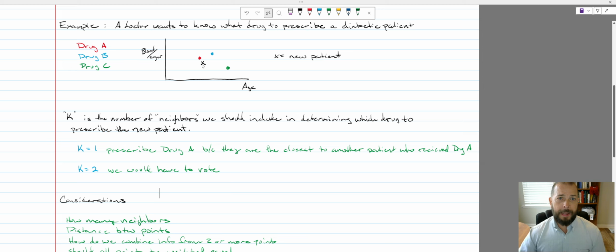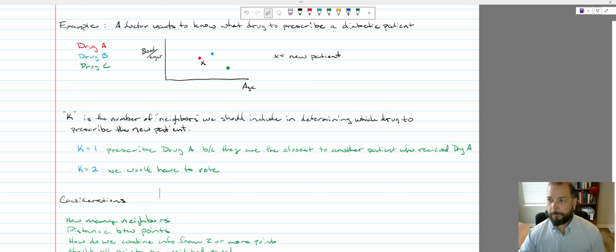All right, well, now what do we have? We have drug A and drug B, or drug A and drug C, or drug B and drug C. We have to have a way of determining which K's or which neighbors are going to fit that K equals 2. But at any rate, if I go anything higher than K equals 1, I have to vote, because all three of these drugs only have one particular instance of them. I have to vote, and I have to determine which K's or which neighbors I'm going to use in this determination of our new